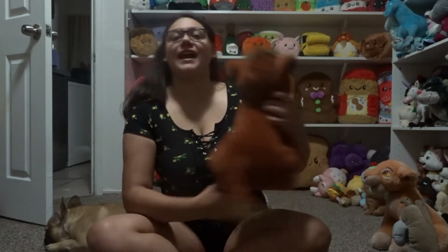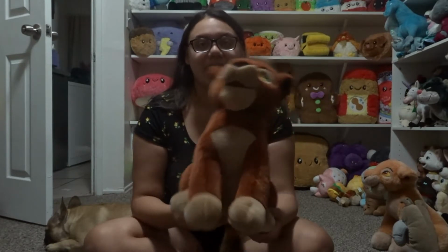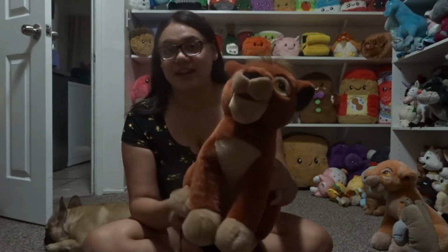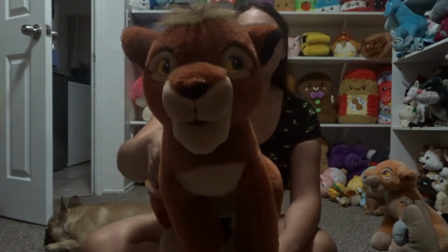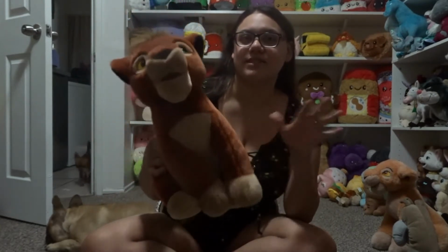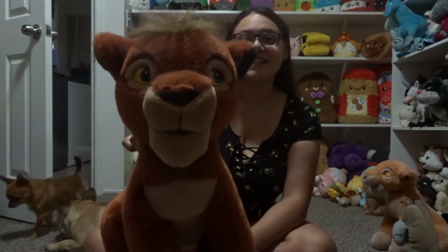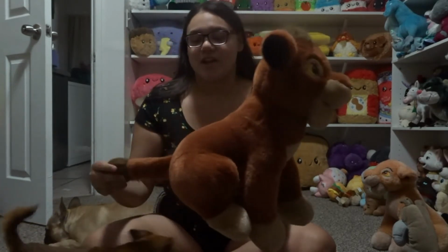The next plush that I have to share is Kovu from The Lion King. And this plush is very old, and it's very amazing as well. There's a couple different versions of this plush. There's ones where he's laying down and other sitting down versions, but to me this one was my favorite version. I just think that it looks amazing, and I actually got this one from an amazing seller that